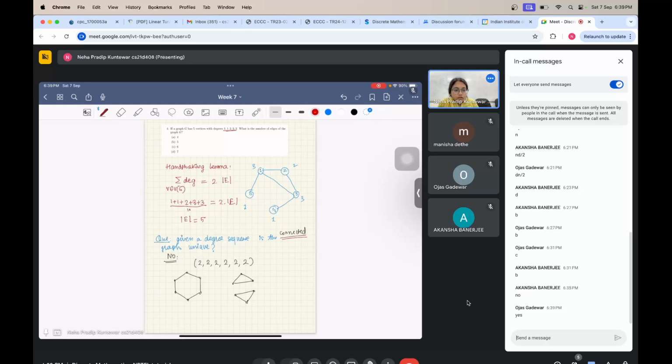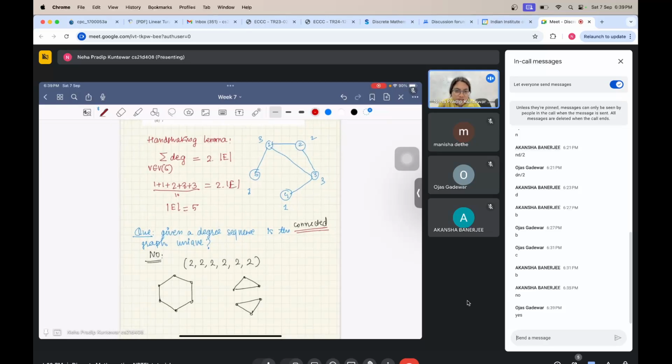Okay, Ojas thinks the answer is yes. Why do you think so? Ma'am, because when we are given a degree sequence, we can think of two graphs, connected and not connected. And if we eliminate the situation in which the graph is not connected, then only one remaining is connected. So it has to be unique. But why can it not be that there are two connected graphs, but they have